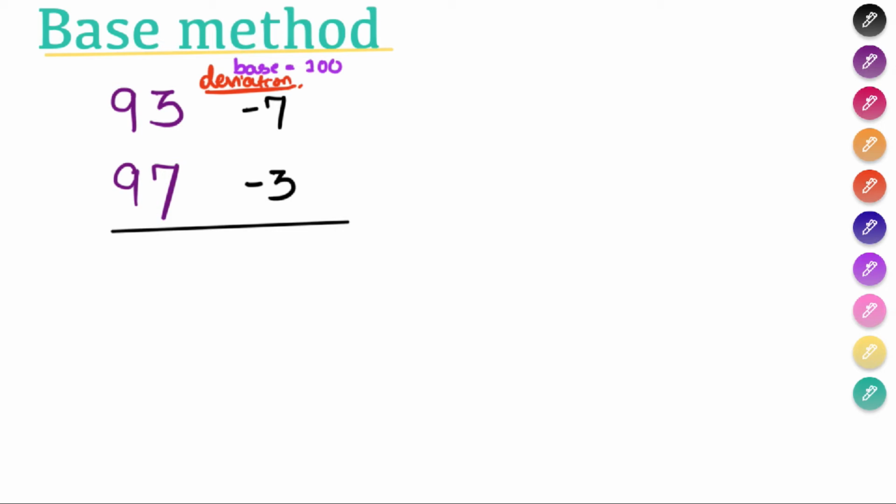After that, the third step is a very simple one. We simply perform this operation, that is 93 minus 3 or 97 minus 7. You can observe over here that 93 minus 3 and 97 minus 7 give us the same output, so we can perform any one of them. We need not perform both operations. We get the output as 90, so we'll simply write 90 in the answer.